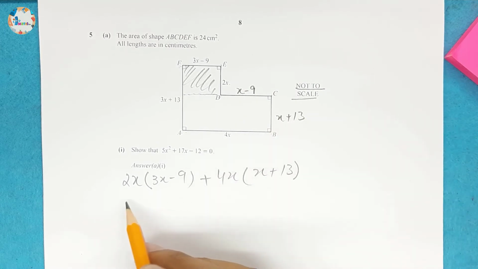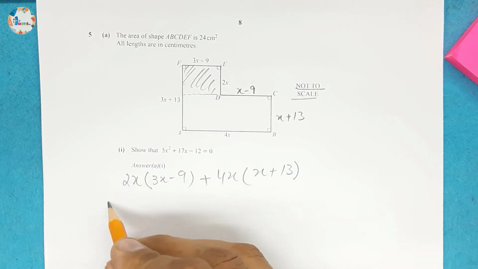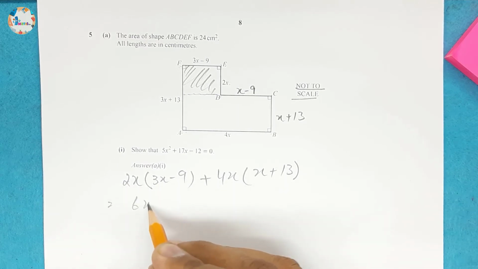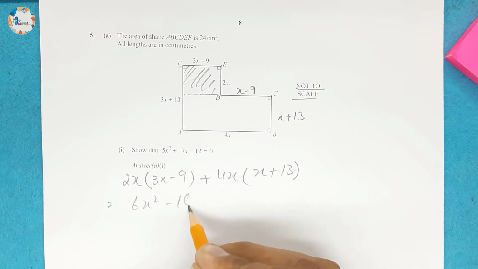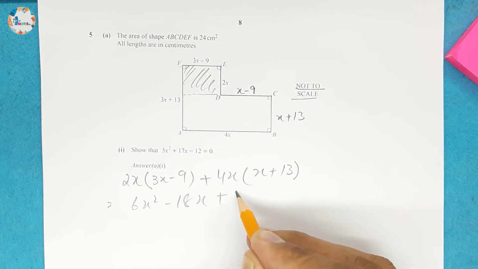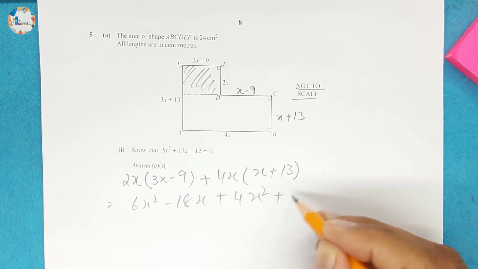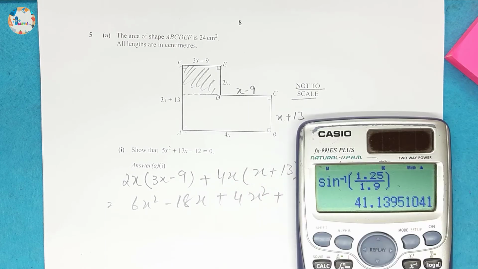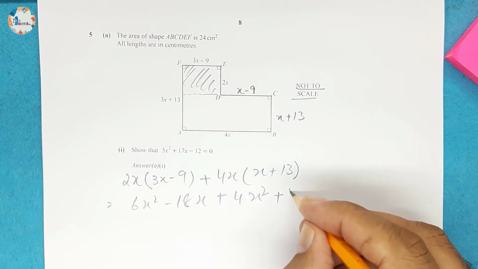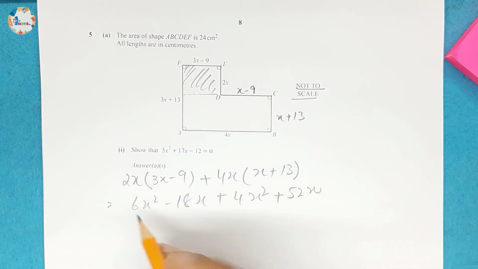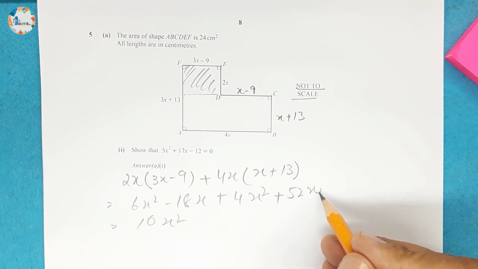Now we can simplify this: 6x squared minus 18x, plus 4x squared and plus 52x, since 13 fours are 52. Now we can combine these, this will be 10x squared, and basically